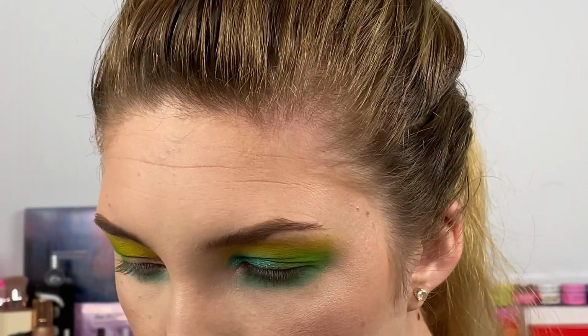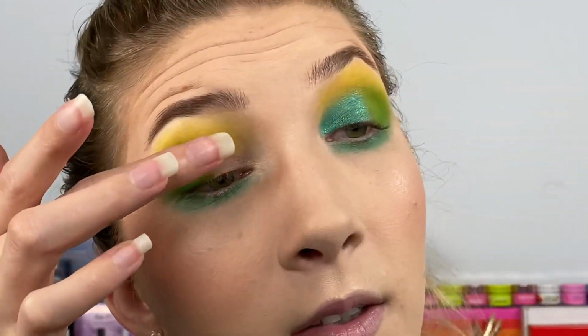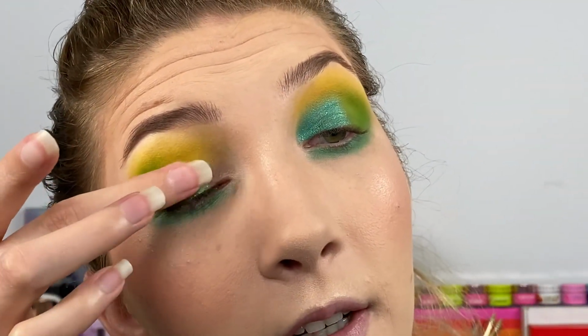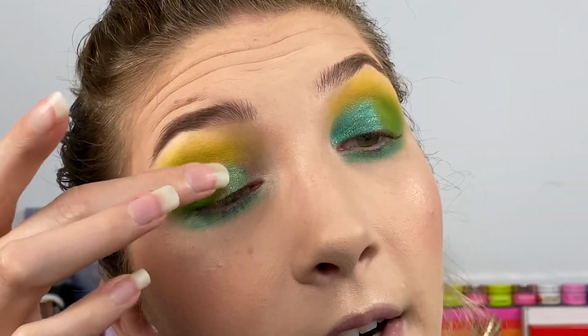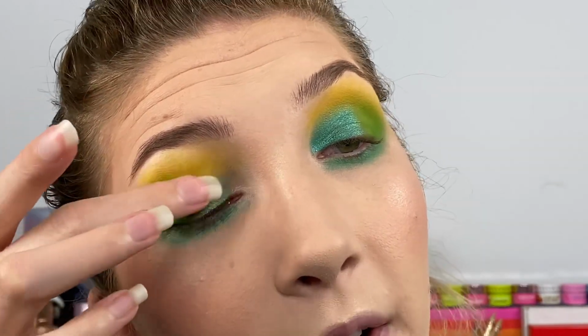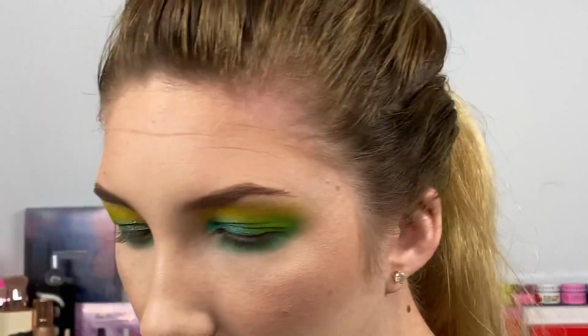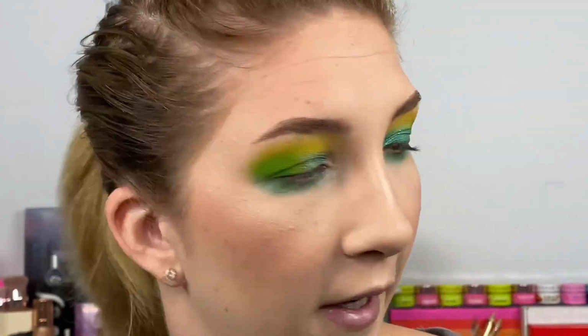All right, now I'm gonna take C5 from volume 3, put this on this eye. So the shimmers are definitely the biggest difference out of both looks. They both are like a bluish green with the gold shimmer. And then I'm gonna do the same thing with C5 and just take it with a brush to get in